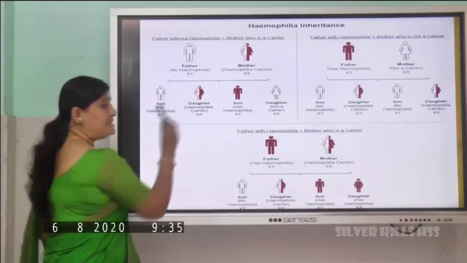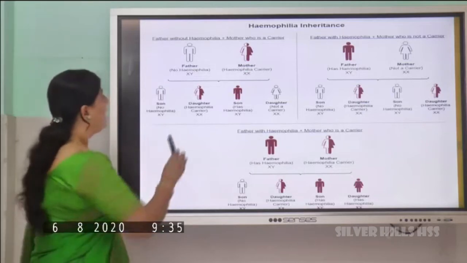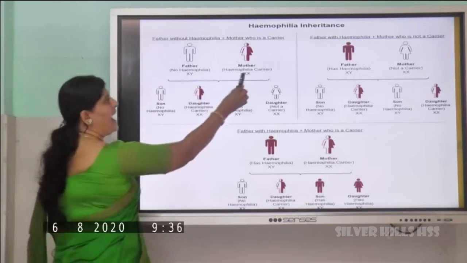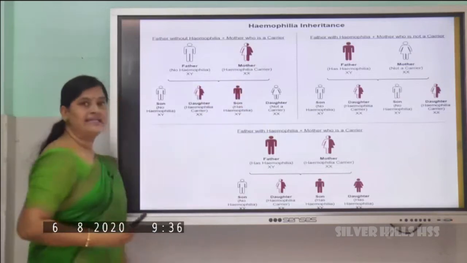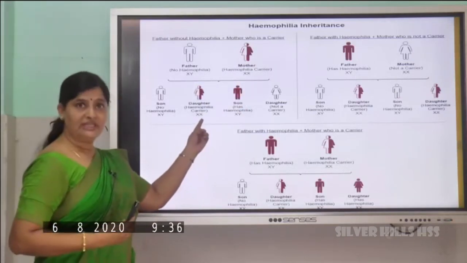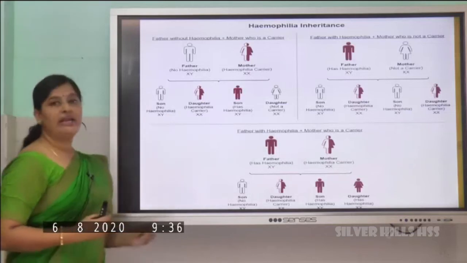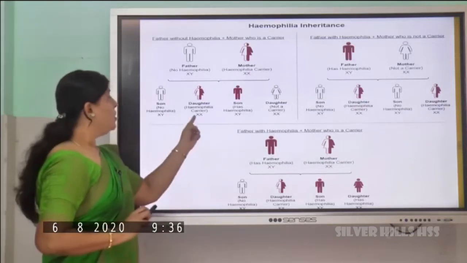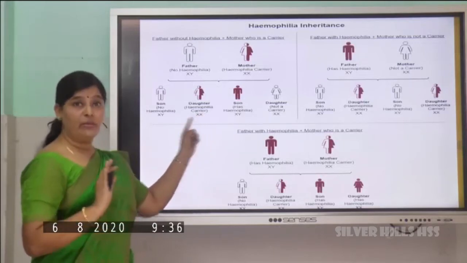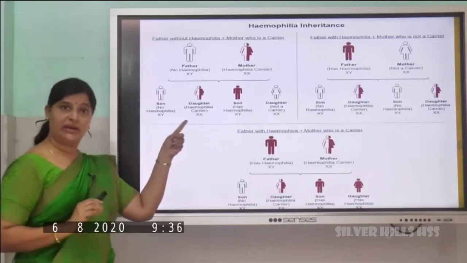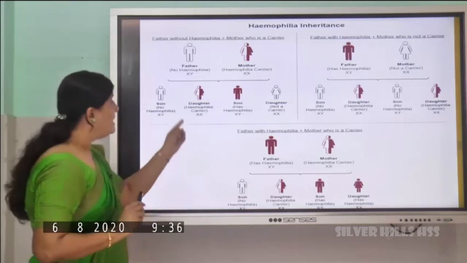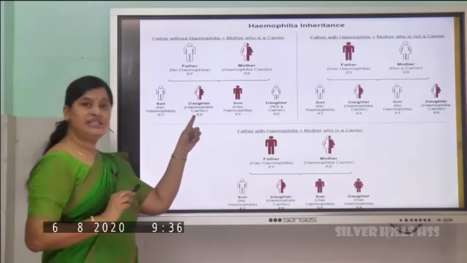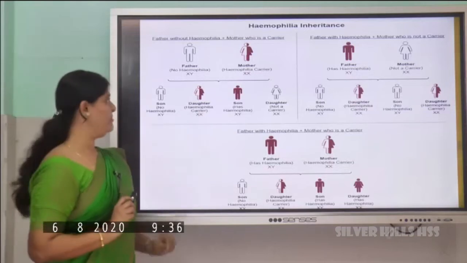This daughter, since she has 2 X chromosomes, right? This daughter is getting X from father, this X. And from mother, the daughter is getting this defective X, which is the hemophilic gene. So naturally, what will her genotype be? XX. So she will not be a hemophilic person because she has a dominant gene which can produce that factor. But she has this hemophilic recessive gene. That is why she will become a carrier female.